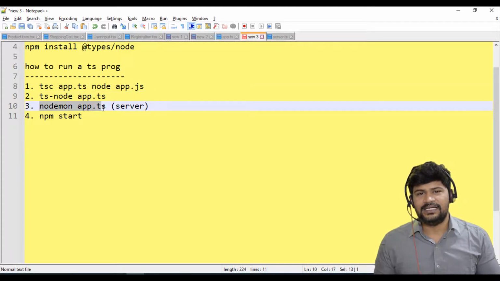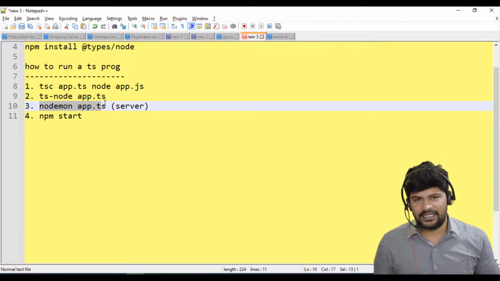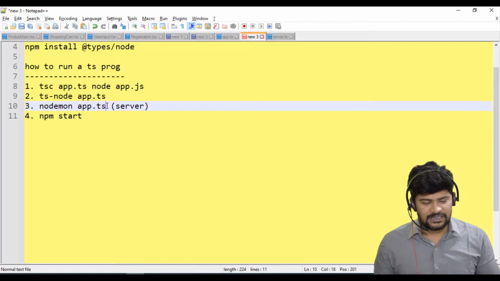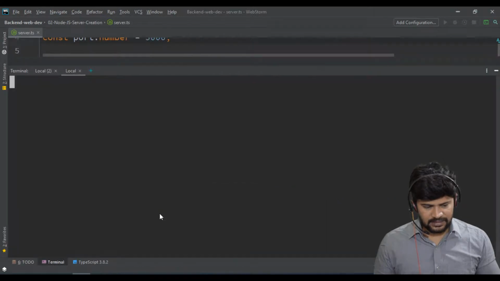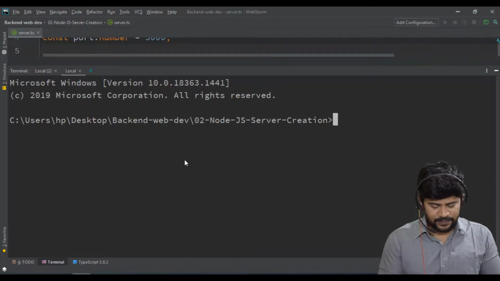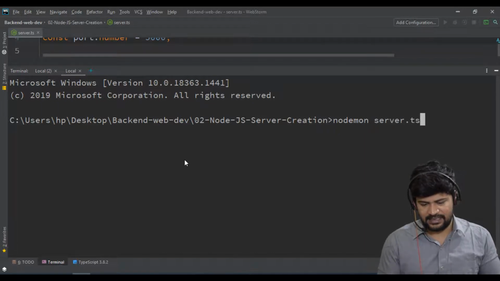This will restart your server automatically even if you make changes in the file. So a better approach is nodemon for server startup. So let me right click and open terminal. Here I say nodemon server.ts, enter.